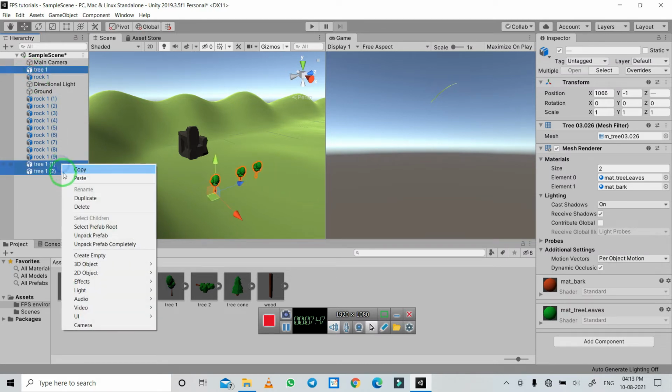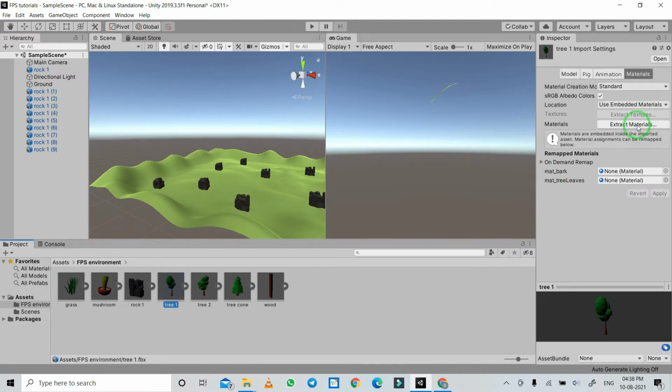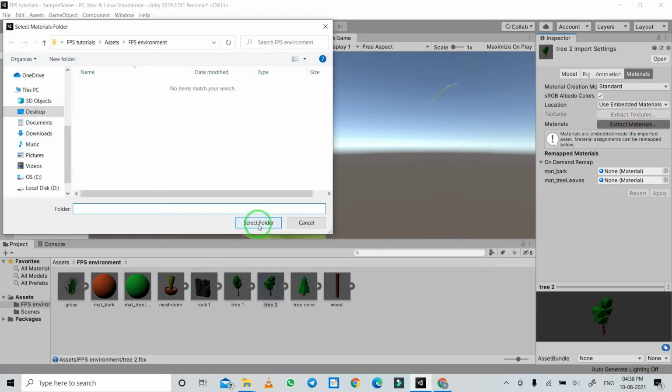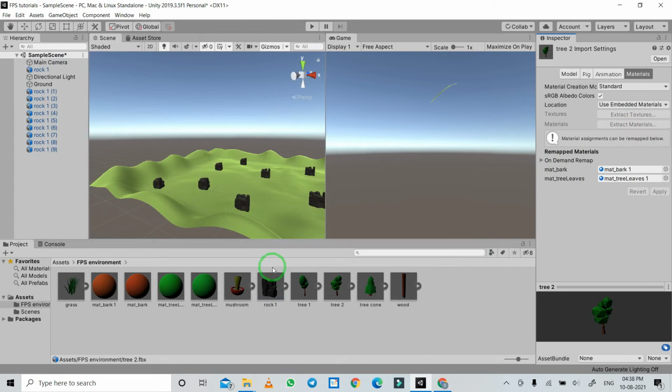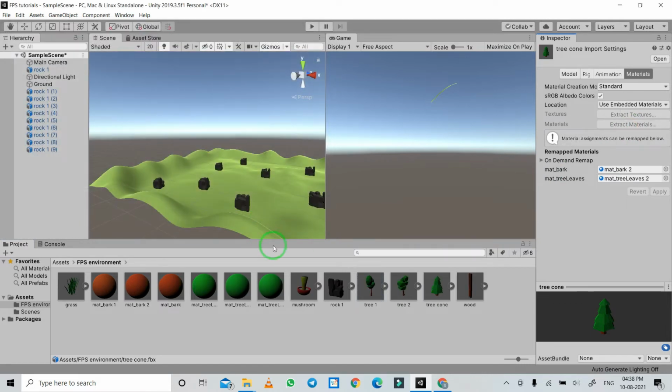Instead of these, we will take the help of the terrain component. So before that, just extract the materials of the imported assets so that we can change the shaders of it, because terrain property requires a different shader. I will tell you about that. We have just extracted the materials.